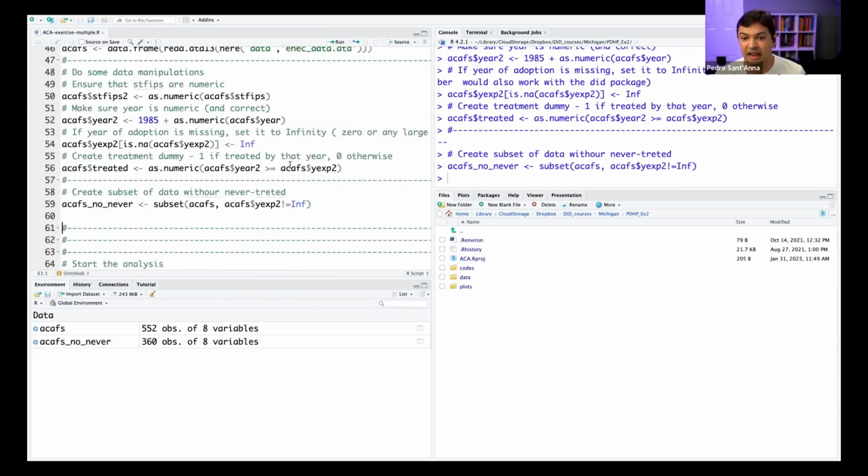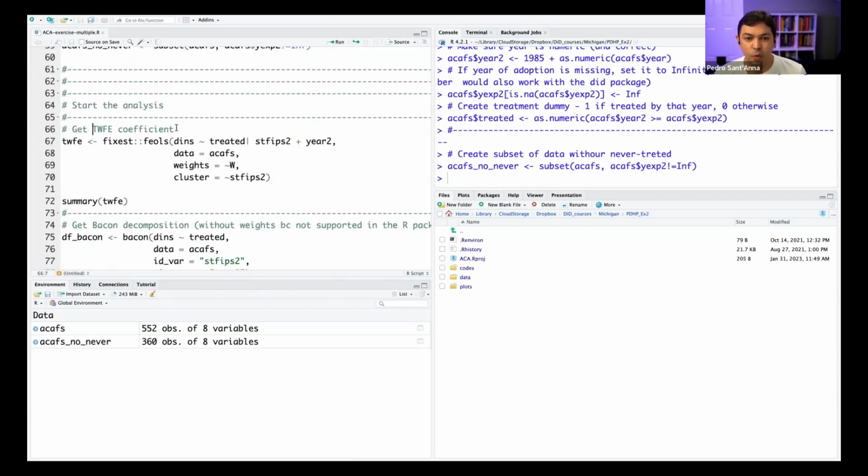So this should be easy to follow in your own time. When I do the two-way fixed effects regression, the static regression that we discussed early on, before we talk about Bacon decompositions, we found that the two-way fixed effects beta hat was 0.074. It's essentially a regression of the outcome of interest, which is the health insurance rate in a given state,